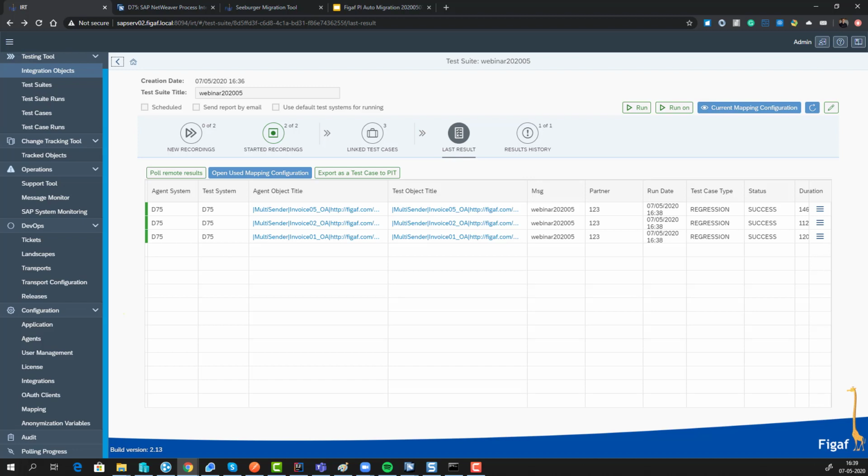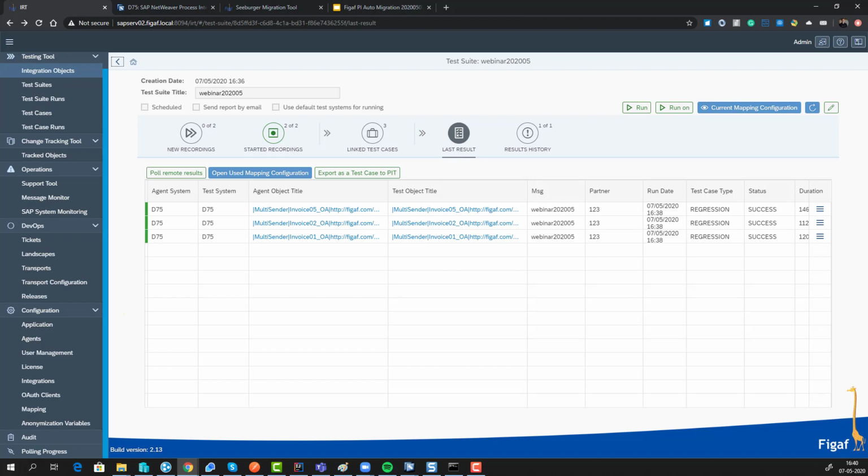So one question asked, is there an advantage to migrate from 731 rather than lower version of PI? Yeah, so obviously you can migrate either to a PI 731 or to a CPI system. I guess that all depends on how you are in your project, where you're going to move, and I think for some customers it will be a benefit just to go with a CPI instead of a 7.5 scenario, because